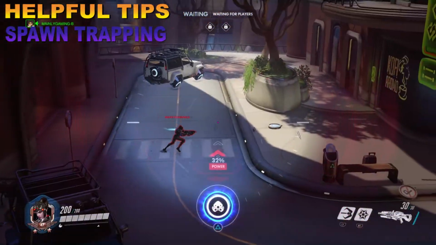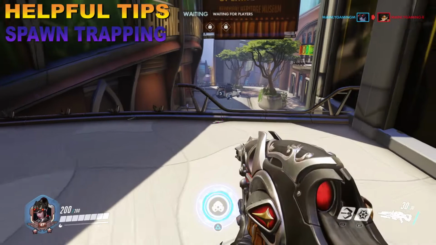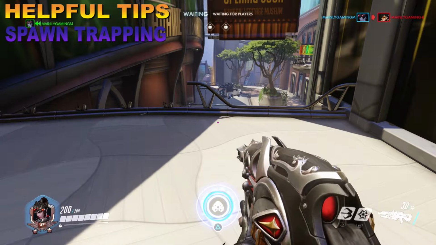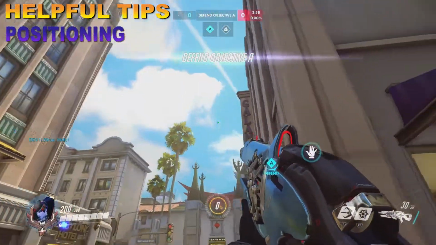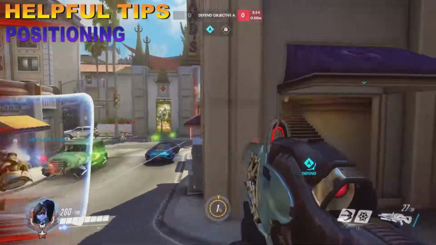You can occasionally get the cheeky flank on enemy teams and then spawn trap them, because they'll be unexpecting you to be there, and it's a good way to spawn trap them. Try to spawn trap more than 2 people. If you can spawn trap 2 people, it will be good for your team, and they should hopefully be